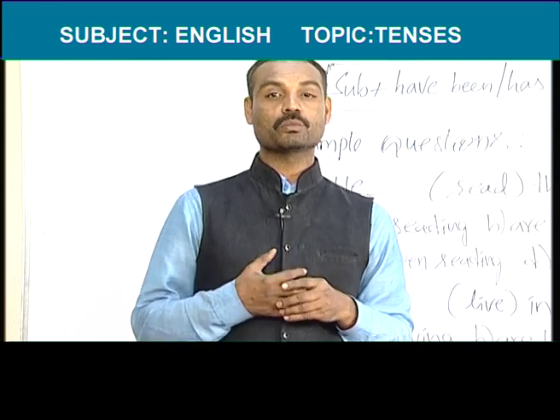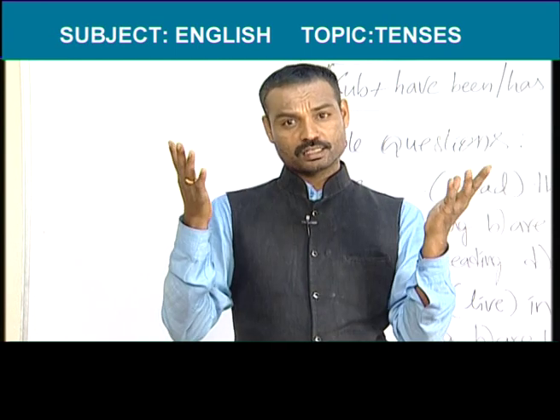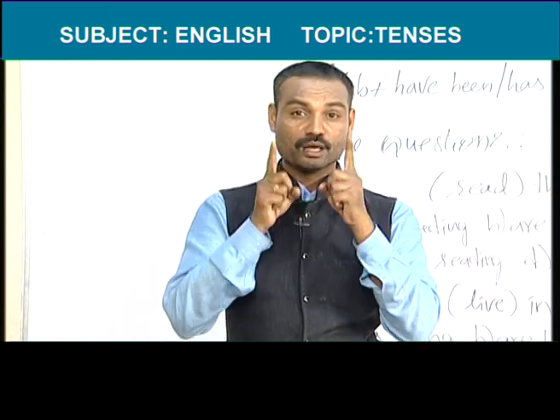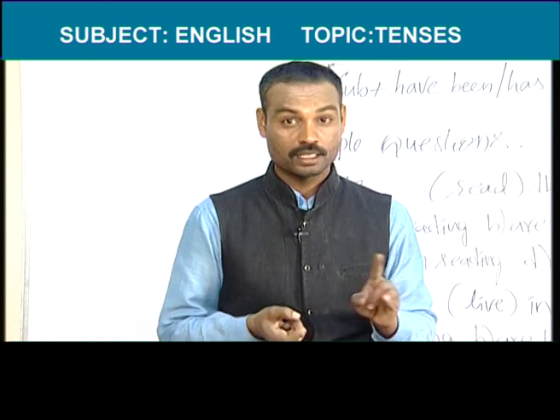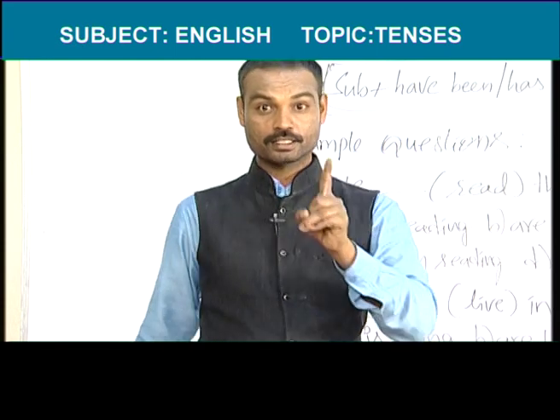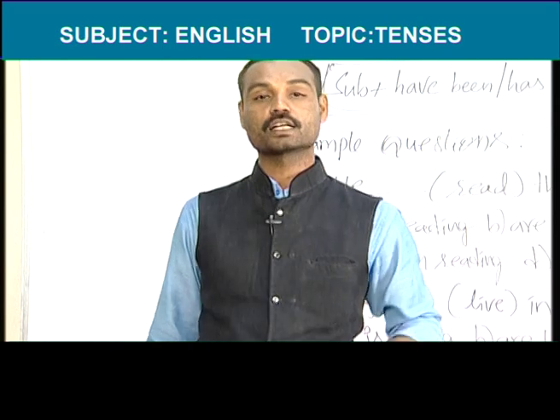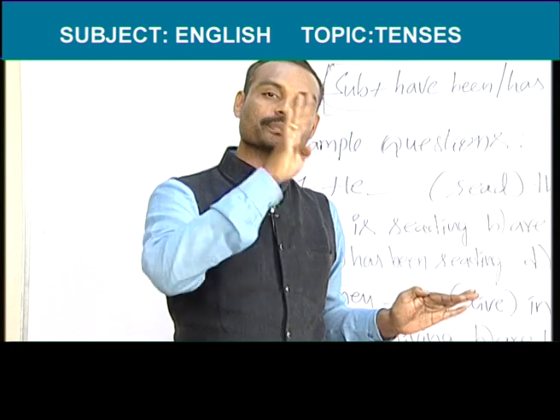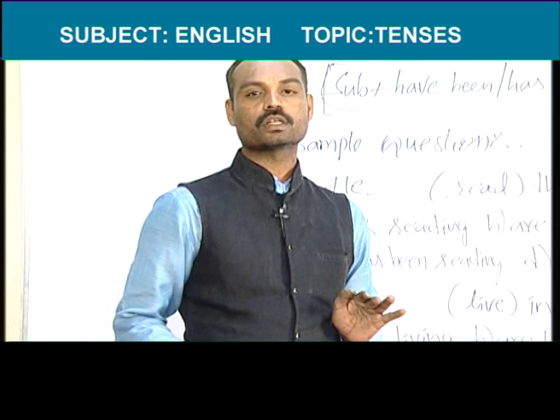I am going to give you one more example. For example, Prabhas goes to shooting every Sunday. It is a positive sentence. Prabhas doesn't go to shooting every Sunday. It is a negative sentence. Does Prabhas go to shooting every Sunday? It is interrogative sentence. Doesn't Prabhas go to shooting every Sunday? It is called a negative interrogative sentence. Friends, like this, in every tense there will be 4 types of sentences. They are positive, negative, interrogative and negative interrogative.